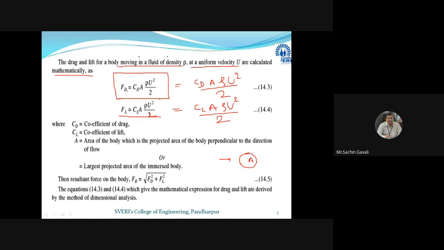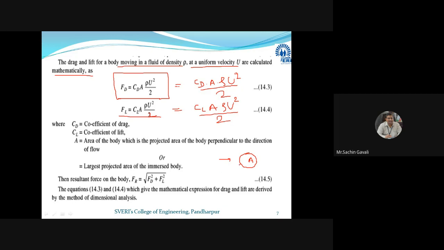Therefore it is a rule, a law. It becomes a law when data is obtained from experiments. So we take it as a correlation, as it is. As I told you, water boiling at 100 degrees Celsius at atmospheric pressure is experimentally proven, so there is no need to prove it again. Therefore we have to remember it. The drag force on a moving body is given by CD A rho U squared divided by 2, where CD is the coefficient of drag and A is the maximum projected area.